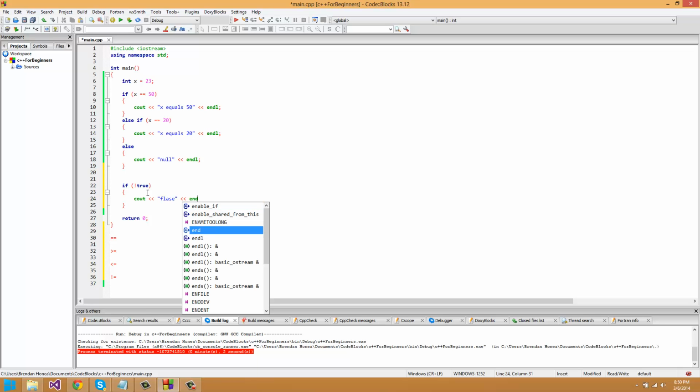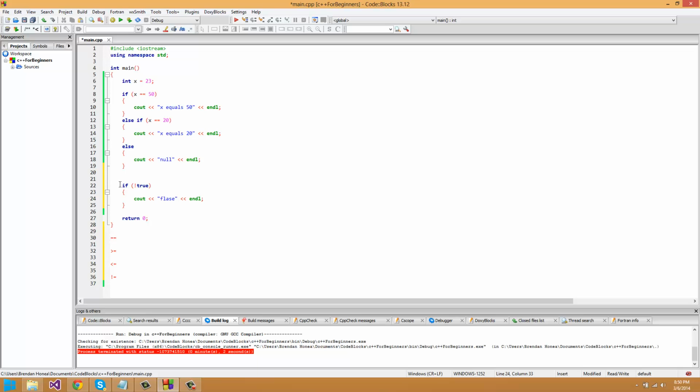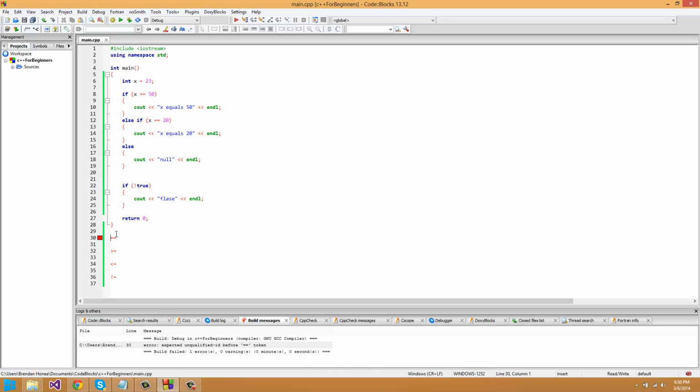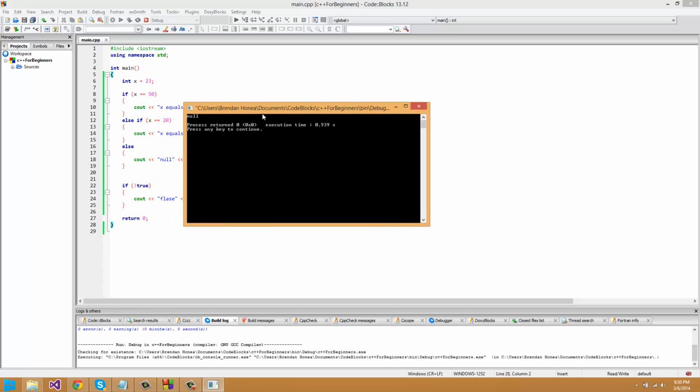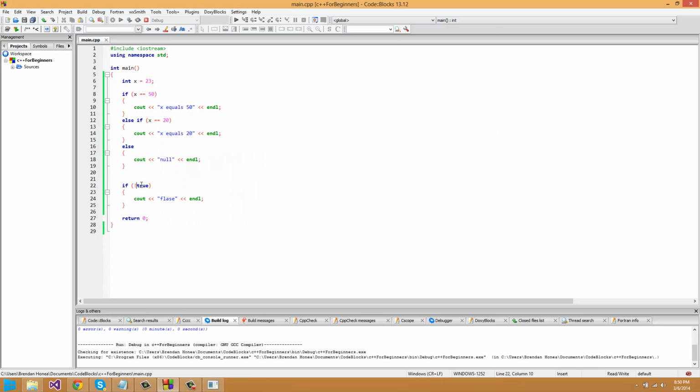Think about it, will this execute? We know that it's going to execute if it's true. It won't execute because we're telling it not to. We're saying if false. And essentially what this statement says is if false, because if not true, then false. And that will work with anything,